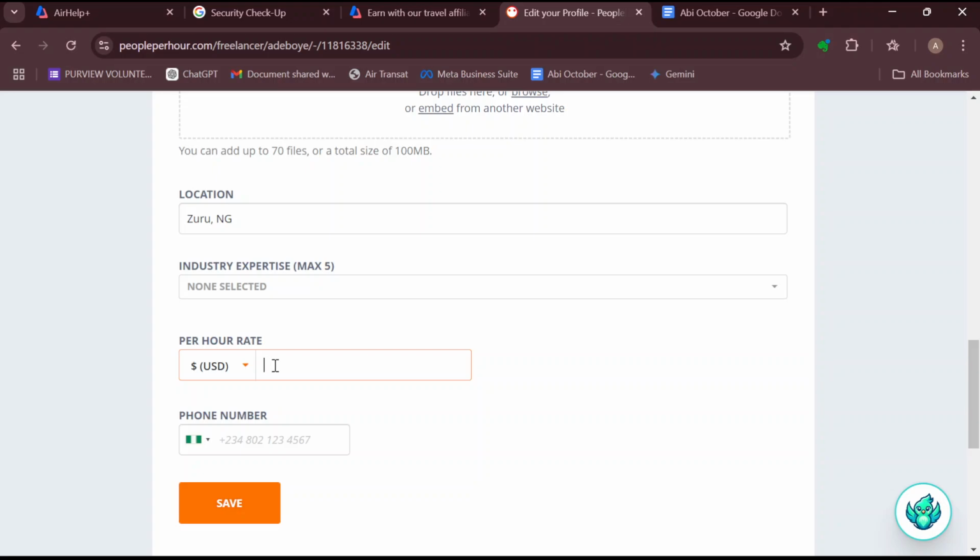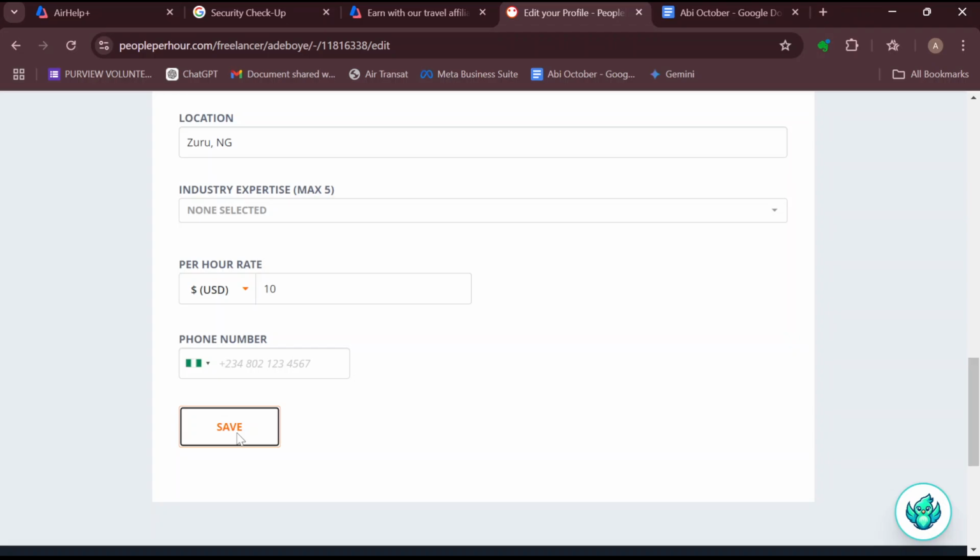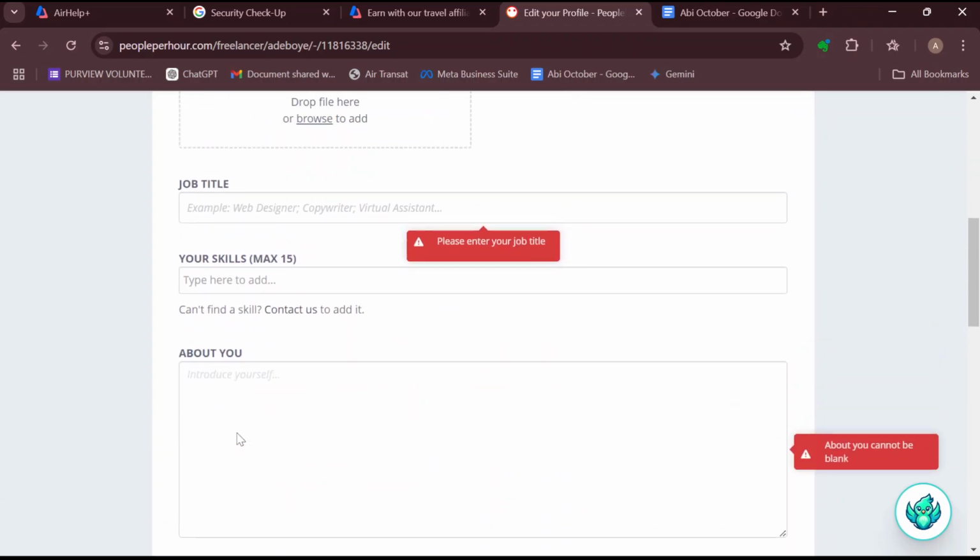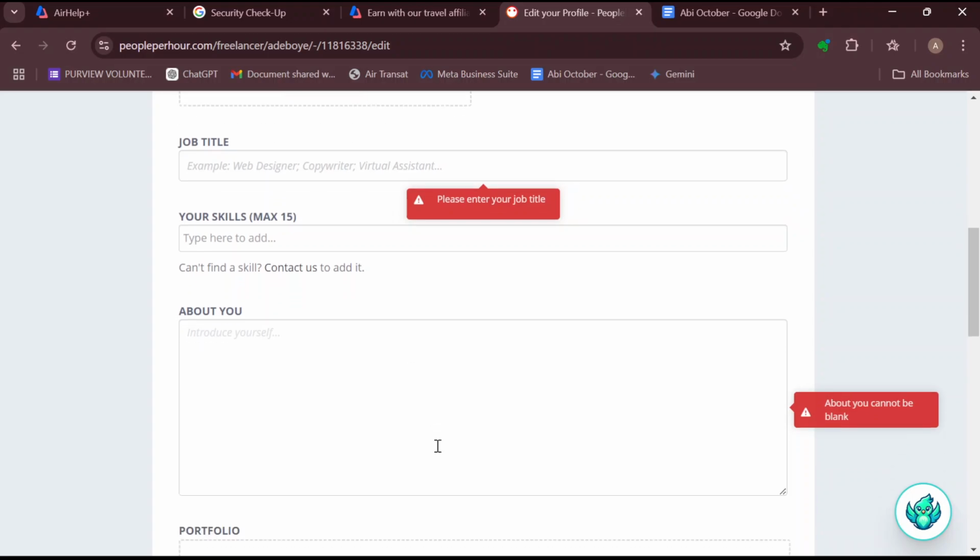So for me, I'll just be making use of $10 per hour, and once you do, scroll down, click on save, and just like that your hourly rate would be saved. But before then, ensure that you added the job title, ensure you added the skills, ensure you've